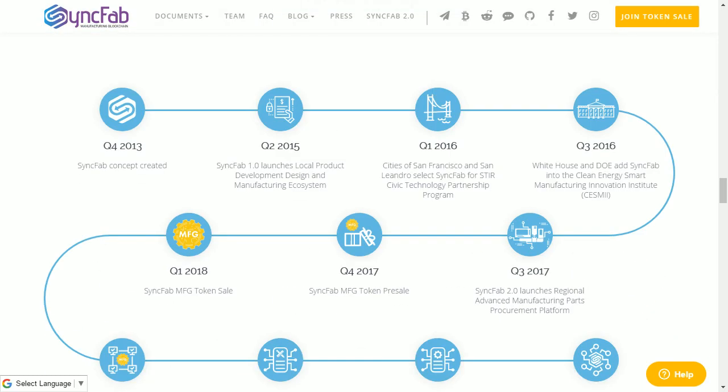So let's take a look at their roadmap. In full disclosure, they did have a private sale that happened, I think, in November of last year. But we'll break down the whole token distribution and all that good stuff. It still is a good fit if you're looking to purchase and participate in their public ICO. So we'll get into the details of that. But it says here